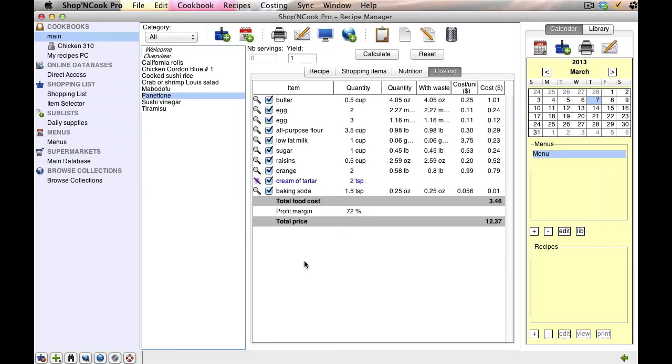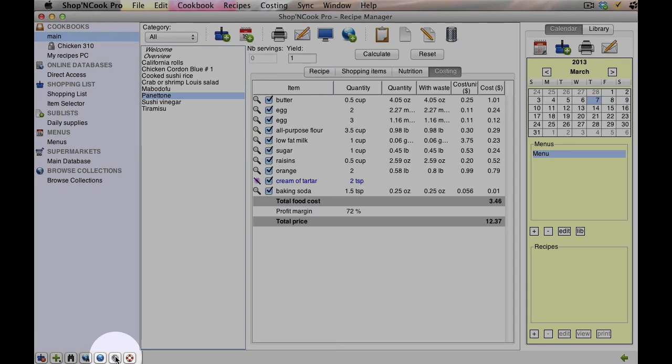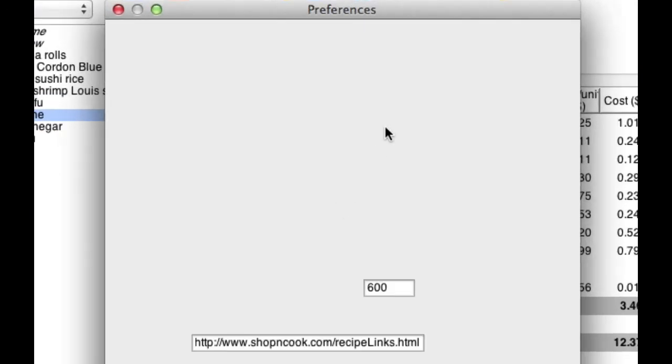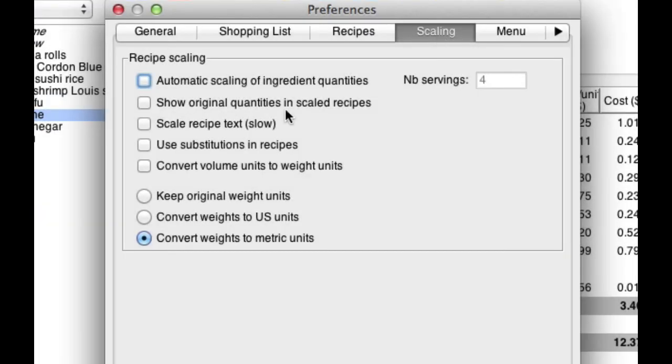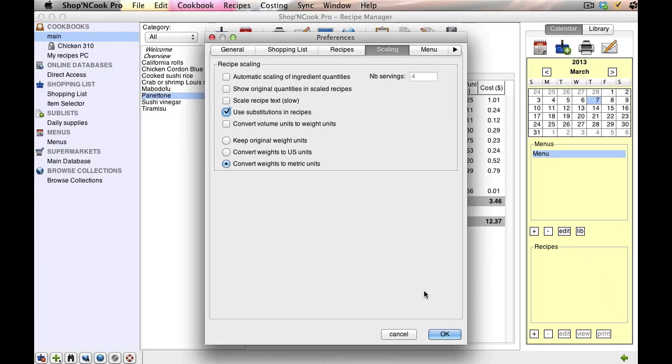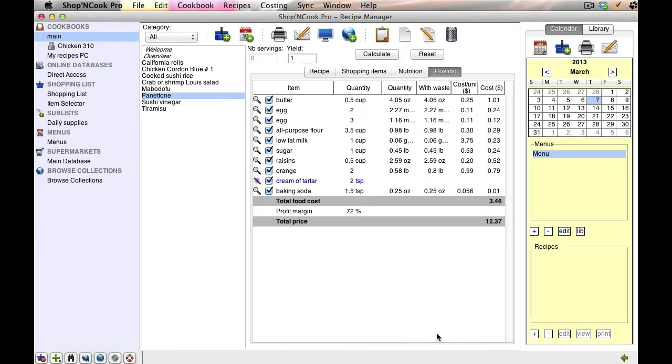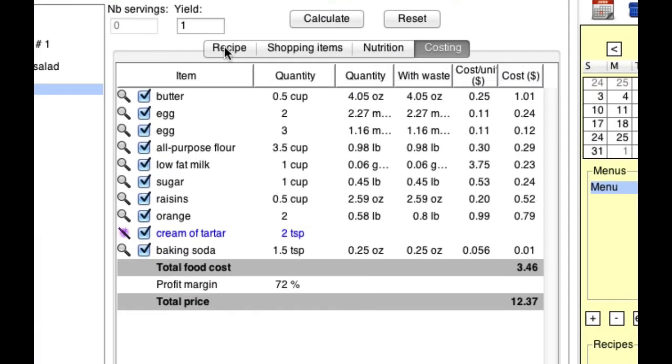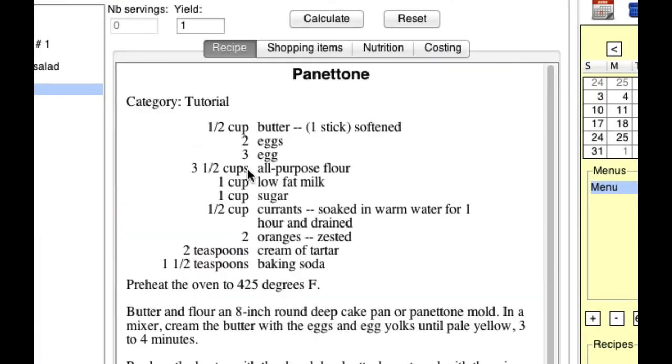Now you have the option in the preference to enable the substitutions in the recipes too. I'm going to show you. Let's open the scaling tab of the preference and enable Use substitutions in recipes. We select that and save the preference. Now in the recipe, it's using egg instead of egg yolk, low-fat milk instead of milk, as well as in